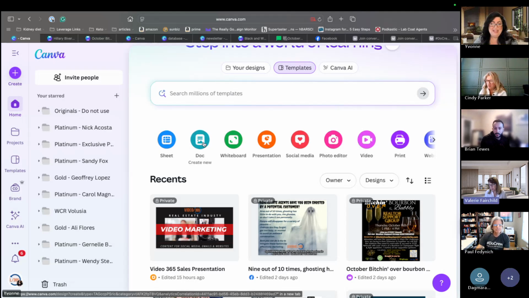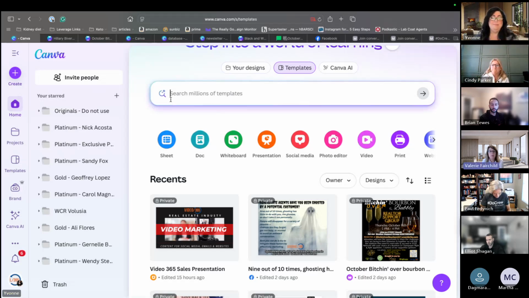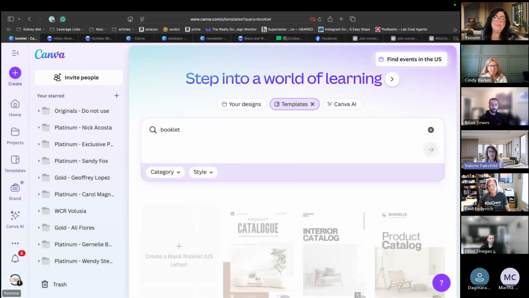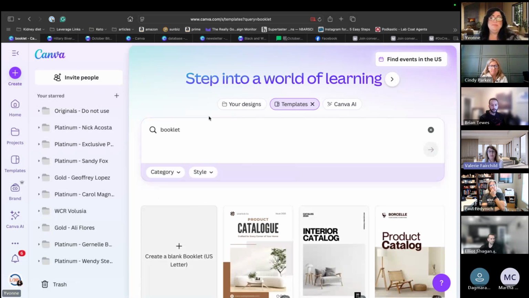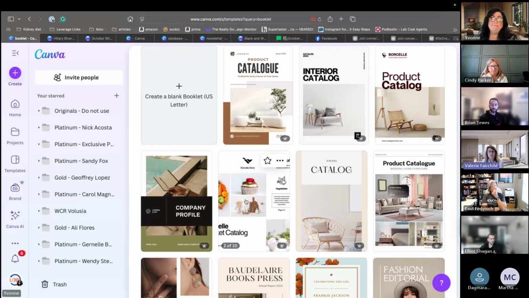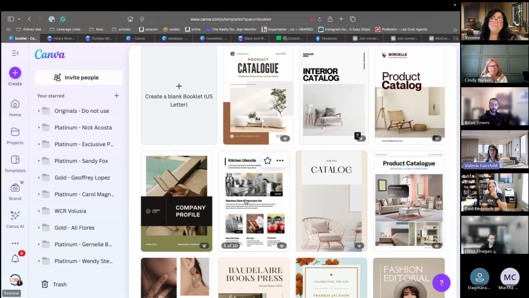I was frustrated, Paul and I, probably a couple of weeks ago. We wanted to create a booklet, but we already had all the words. We already had everything. And the only way I could seem to get it done was to cut and paste. I couldn't upload my document and throw it in one.